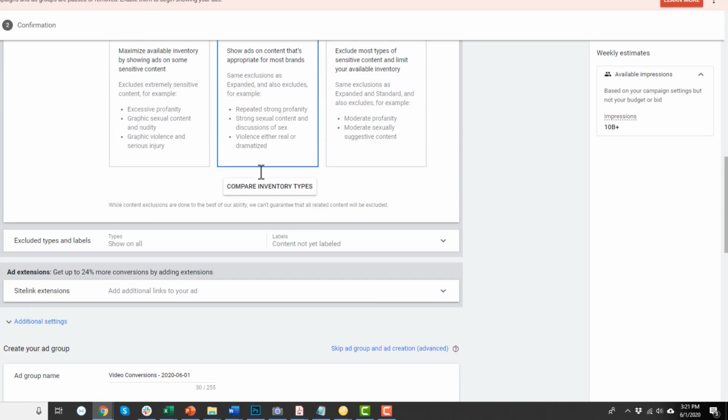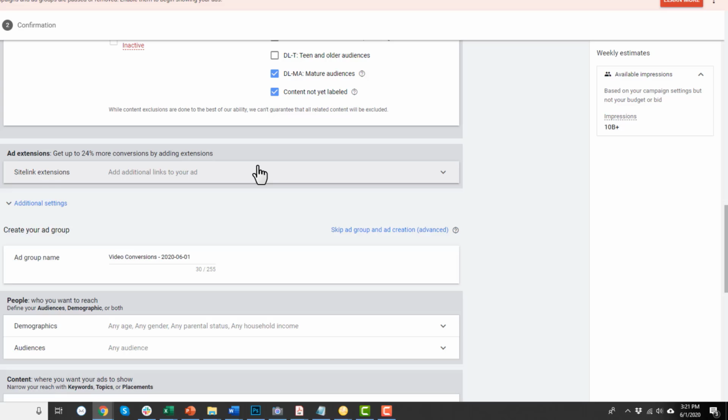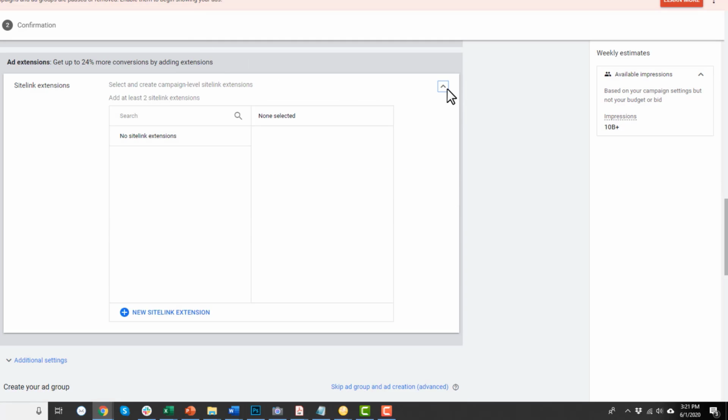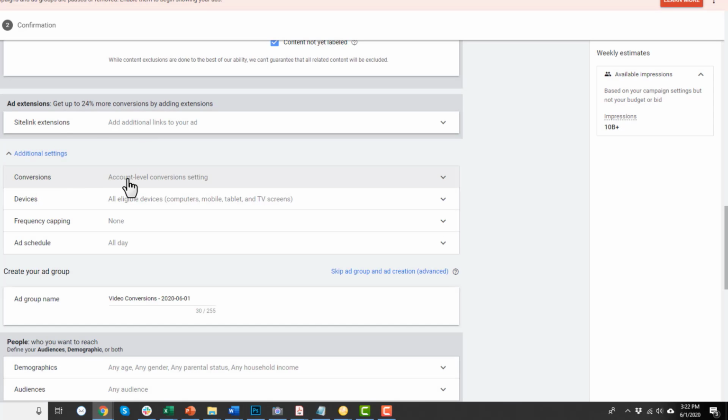Inventory type, I'm going standard inventory. Excluded types, I'm going to exclude embedded YouTube videos, live streaming videos, and I'm going to get off of the mature audiences. That's fine. Coming on down here, I'm not going to mess with site links, and I don't even think site links work with YouTube ads, so I need to check on that. Additional settings,